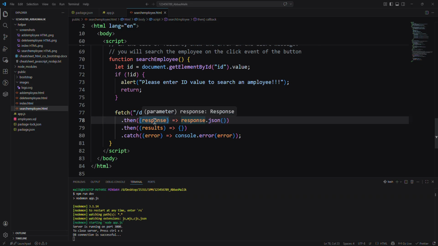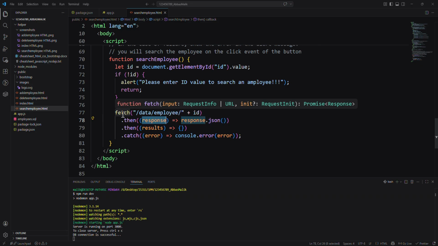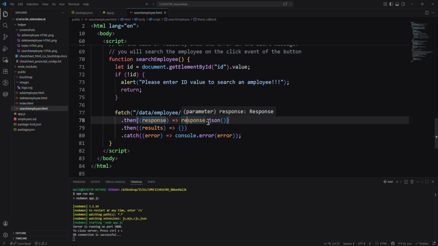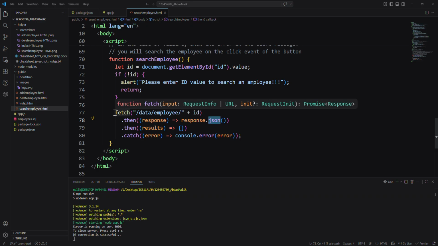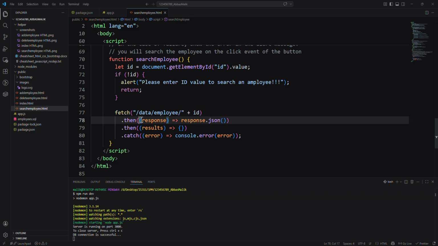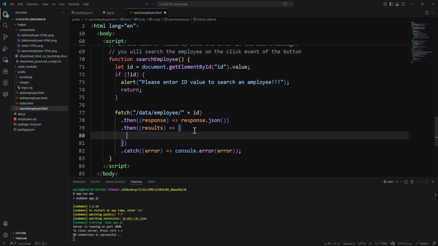Then from the HTTP response that we have received back from the fetch method, we are accessing its body and extracting the actual results which have been sent by the server back in that HTTP response, and then we are passing that result to this method, which we are going to write here,